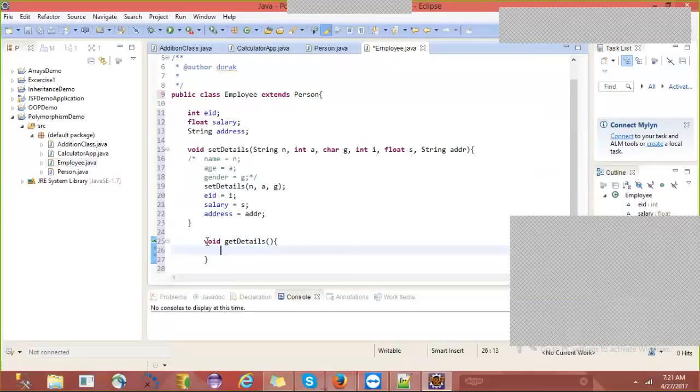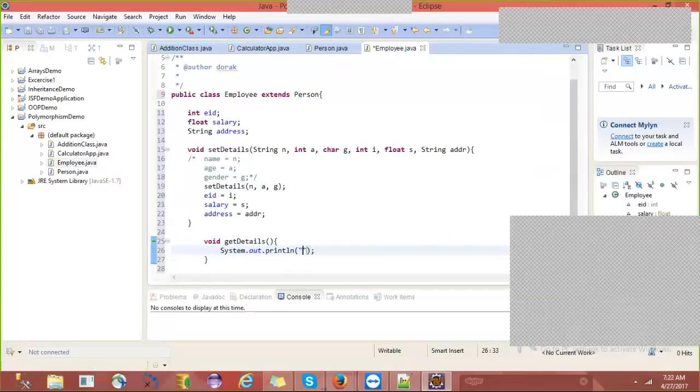Sysout. What should I write? Sysout for employee name. Yes, Teja.